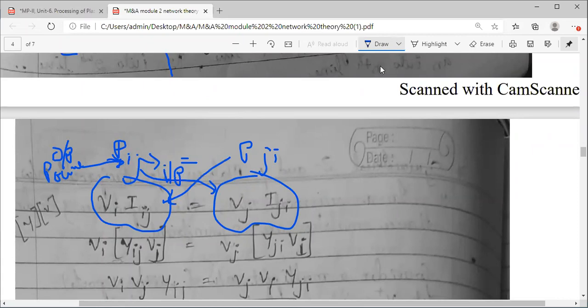Because ideally, if you see, the first term is the output power. Where are you applying the input? You are applying the input at the jth port. So it should be Vj. Okay, and the current Iji, because the current will be due to the input voltage. The input voltage you are applying at I. And similarly here also, J indicates output, where you are measuring, and I indicates where you are applying the voltage. So that is Vi. Vi into Ij.